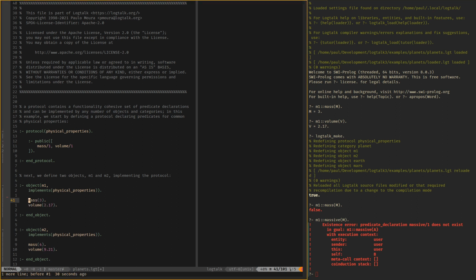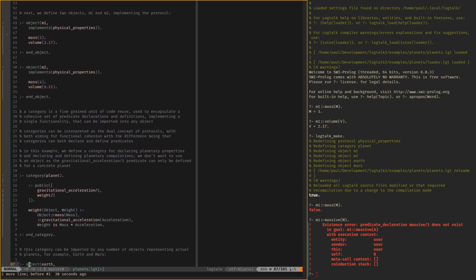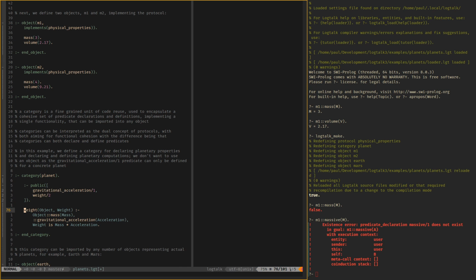Okay, so that's your protocols. There's no behavior there. There's no rules up in the protocol. It's just "I will give you these," in this case, public predicates. Categories are different. A category is like a protocol, or it can implement a protocol, to define the predicates that it's going to provide that are public or private and the rest of it. But you can also provide some predicates in there, some goals that can be called, and the objects that